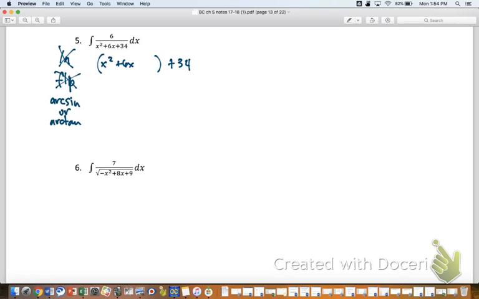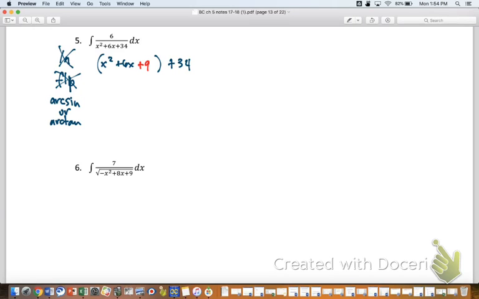And if you remember from back in Algebra 1 or 2 or whatever it was, the way that you complete the square is you locate your b, and you take your b and you cut it in half and square it. So what is your b? 6. Half it and square it gives you 9. So what I'm going to do is I'm going to add 9 to the inside of the parentheses,